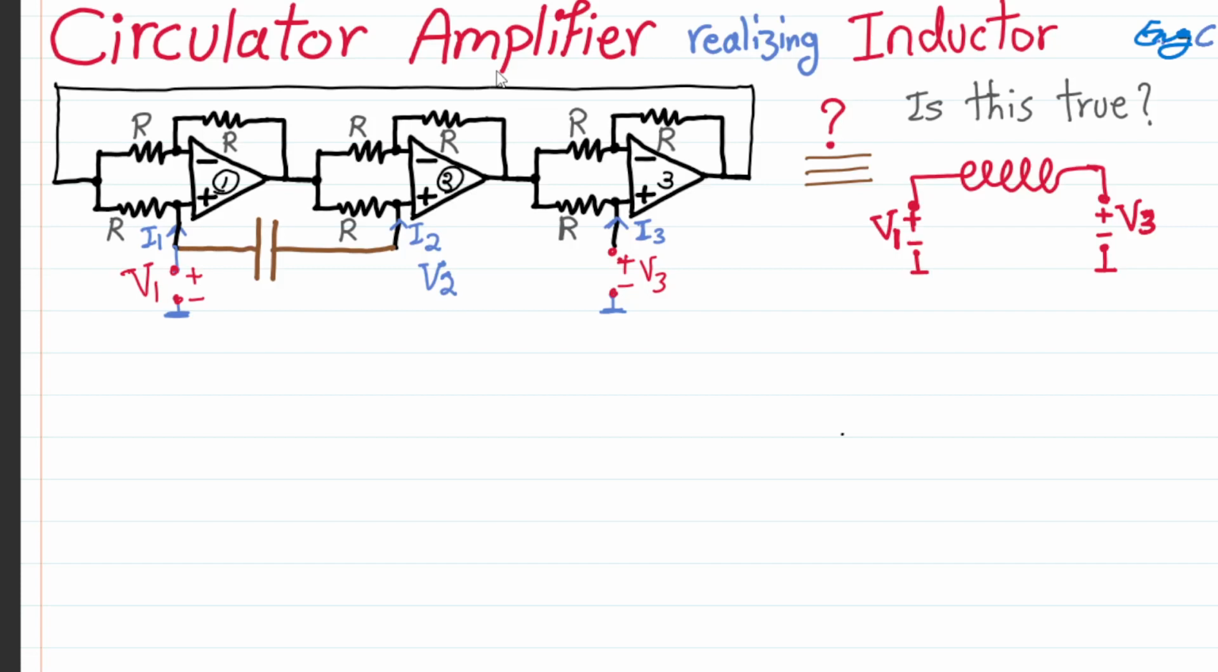In the circulator amplifier shown here, we have a cap connected between port 2 and 1, and somehow the feeling from port 3 with respect to 1 is as if we have an inductor. Is this true? If this is true, it means that this circuit can effectively work like an impedance converter because